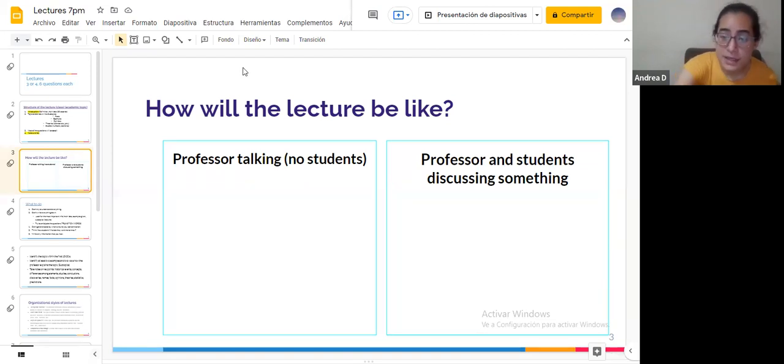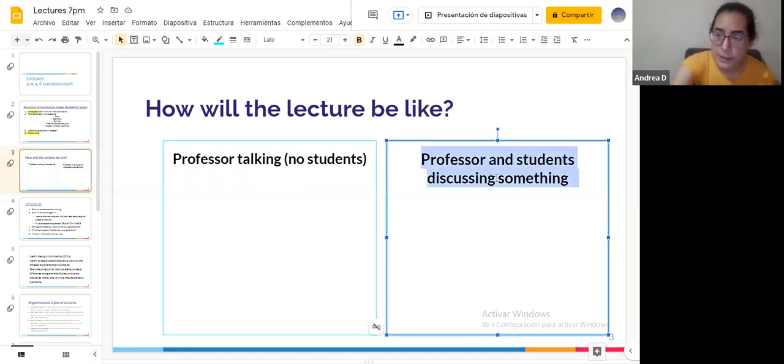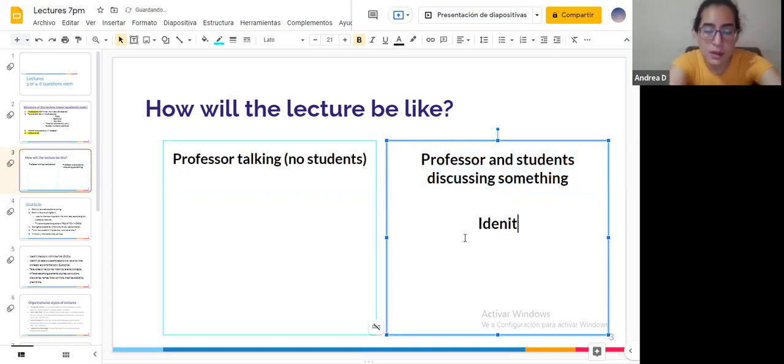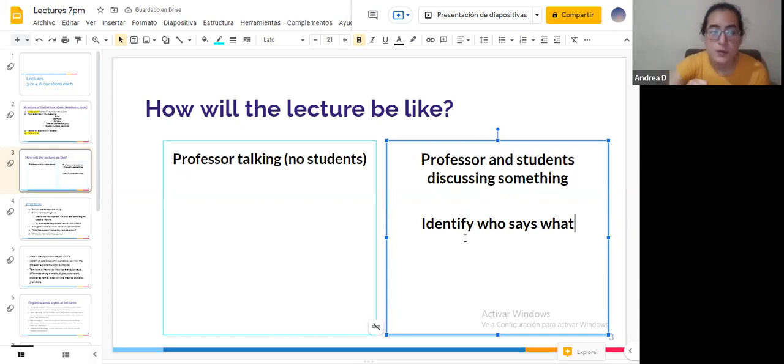My advice, in case you have the students there as well, participating in the lecture, make sure that you identify who says what. Okay, so whenever one student says something, maybe you can take notes on that as well, and in parentheses write down an S for a student. So this is what the student said, so that you don't get mixed up, because the students may or may not be right about things, and that can be confusing when you have a question in there. So that's one thing I could say.